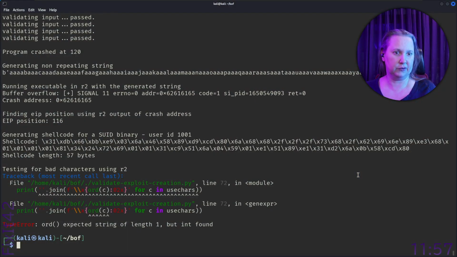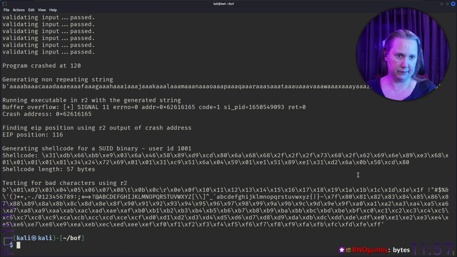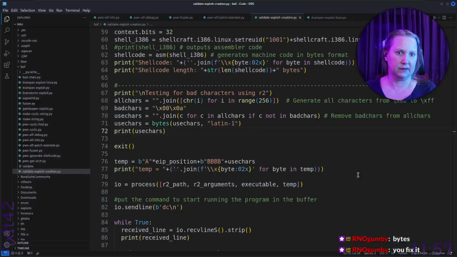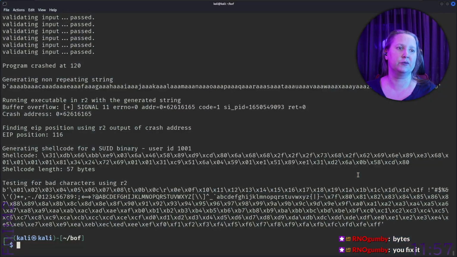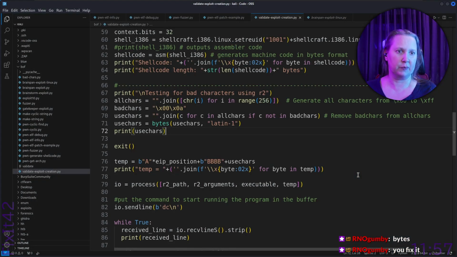Just printing use chars. Bytes. So now you can see all the characters. I just tried to fix it in another way. And 0A is also removed from there. And now we just use our